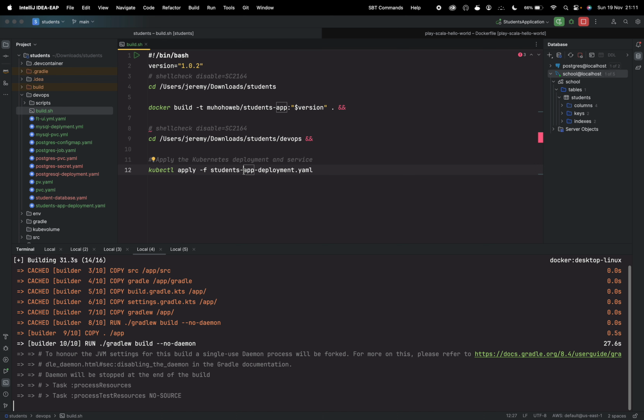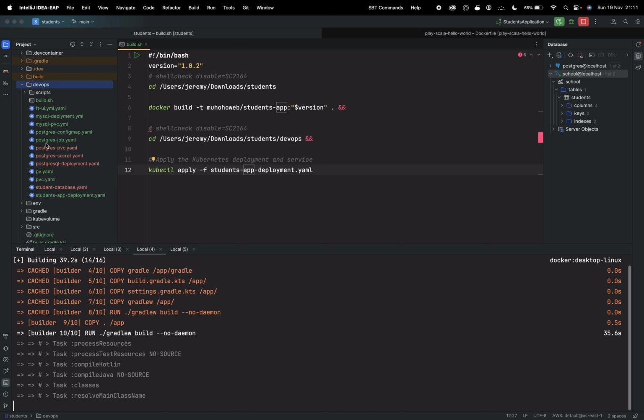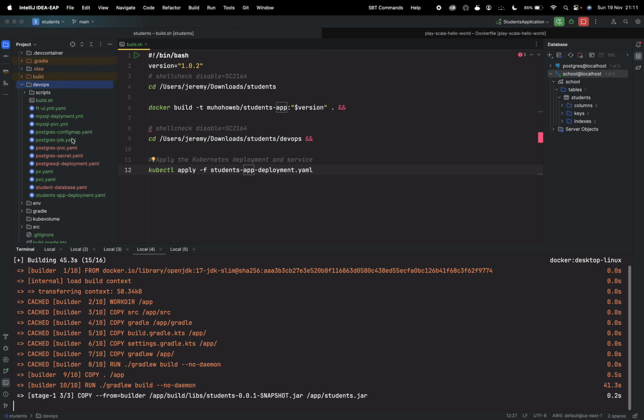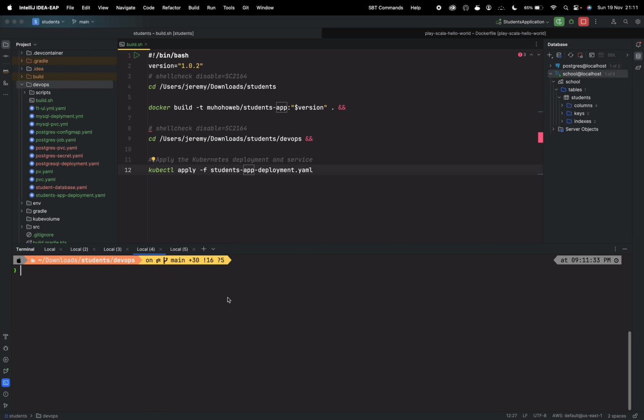part. So I have on this folder, the DevOps folder, I have so many files, but I just want to pay attention to a few of them. So we'll start with the, that's finished actually. I'll show you first the MySQL, how to deploy MySQL database into the cluster. So I'll start with